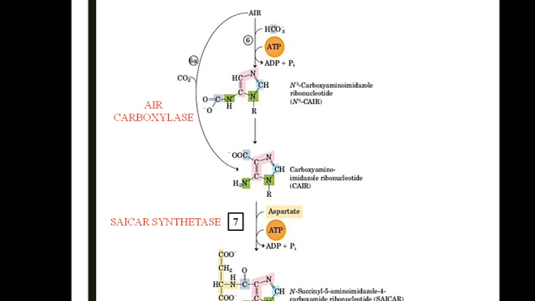We just have to go on adding the different sources of the purine ring, and in the particular order we need to remember. Thus here what is happening, aspartic acid is added here. The compound that is formed is succinyl amino imidazole carboxamide ribonucleotide. You can see the addition of aspartic acid here, and it is contributing to the nitrogen of the purine ring. So the enzyme that is required here is SAICAR synthetase. It is with the help of ATP. Again, it is an energy requiring process.